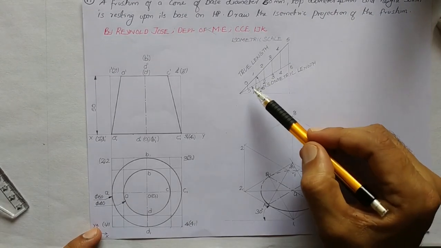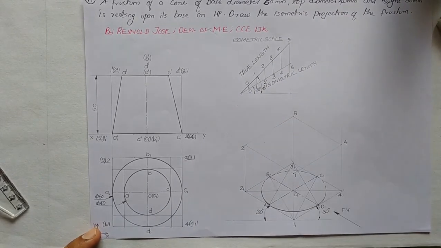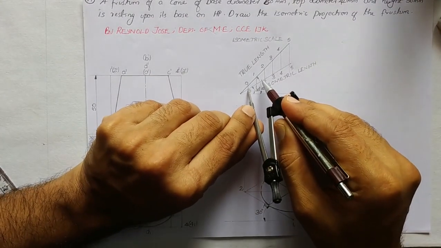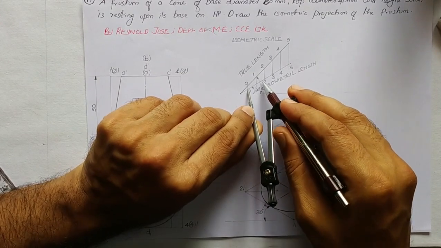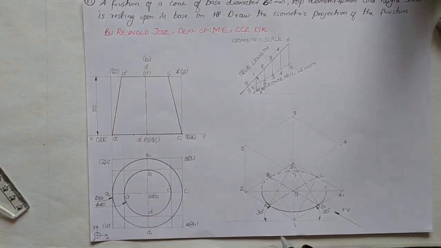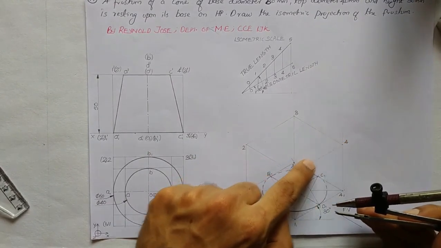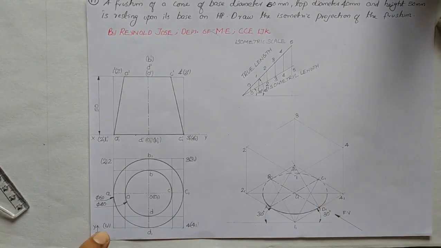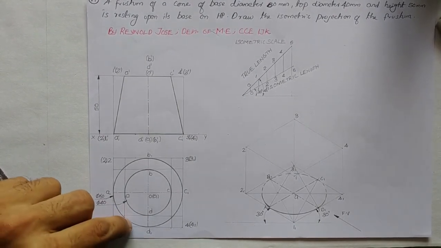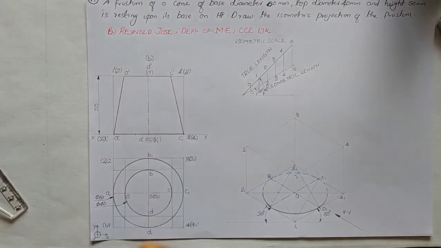So correspondingly we have to take 10 mm isometric length from the isometric scale using our compass. So let us take 10 mm isometric length from the isometric scale using the help of our compass. So we have taken 10 mm isometric length. So let us mark it on 1, 2, 2, 3, 3, 4 and 4, 1. So here this is 1. So to both of these sides, this is 10 and this is 10. When it comes to isometric projection, this is 10 into 0.82 and this is also 10 into 0.82.